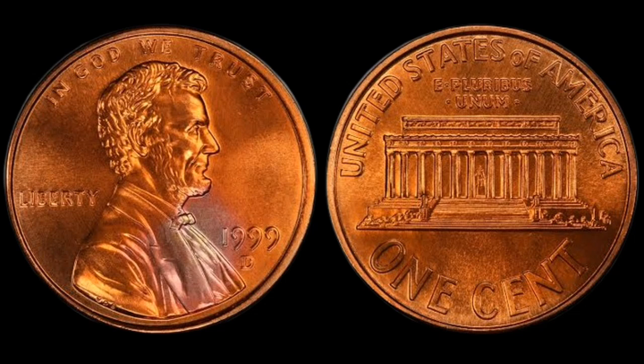But that's only the beginning of what sets this coin apart, because upon flipping it over to the reverse side where the Lincoln Memorial should be clearly struck, observers discovered an extremely rare, wide AM reverse design, a detail that normally only appears on proof coins minted in Philadelphia, meaning that somehow a proof-style reverse die had been mistakenly paired with a regular production die at the Denver Mint, making this coin a mule, a rare and forbidden pairing of dies that weren't supposed to be used together and which resulted in a reverse where the A and M in America are clearly separated instead of nearly touching as they should be in a circulation strike from Denver in 1999,